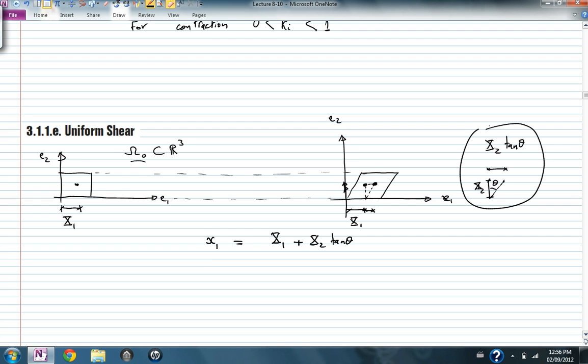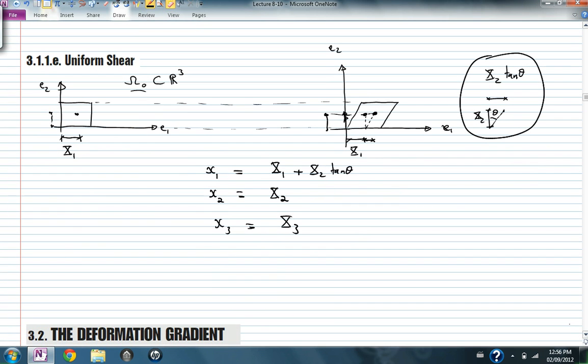The position distance x2 stays the same. So the new position is equal to the old position. x3 is equal to the old X3, which can be described as,